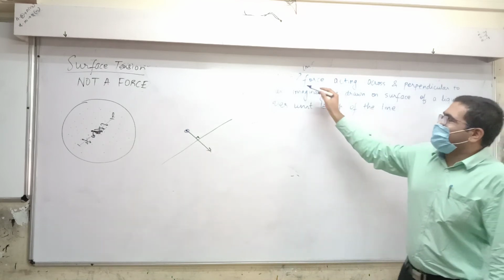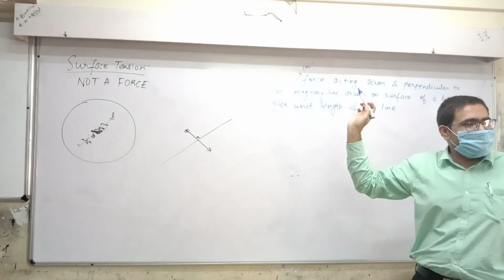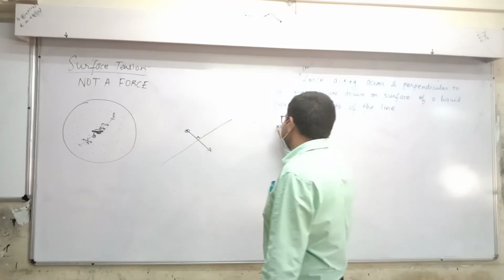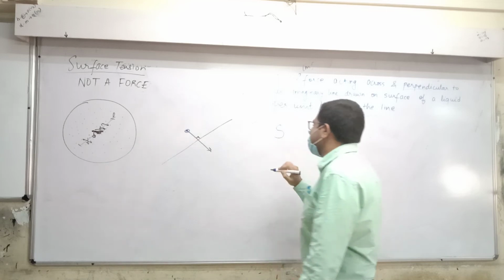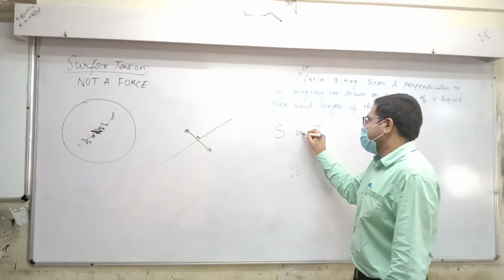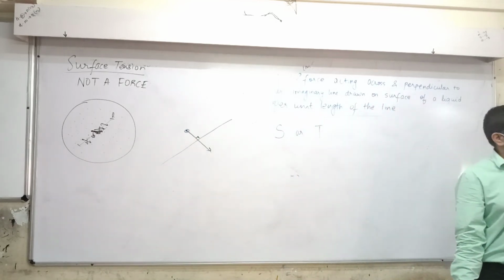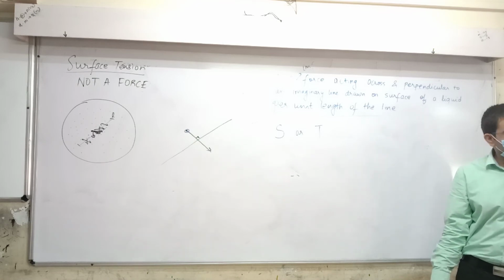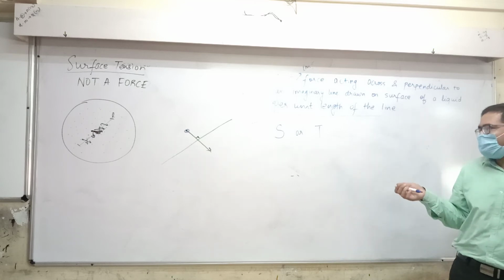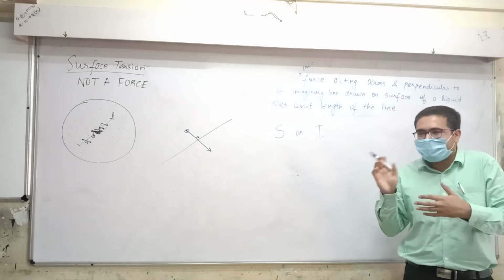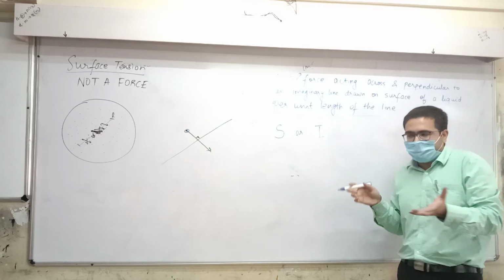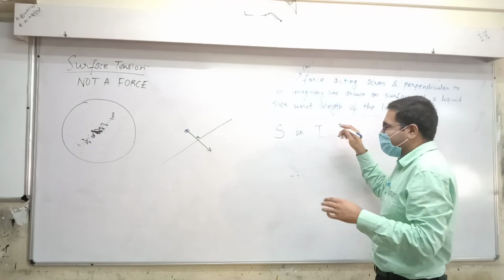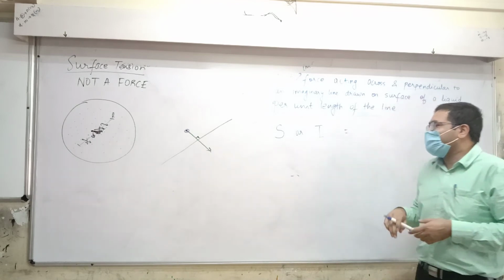So up to here it seemed like this would be a force, but it's not a force. It is force per unit length. Generally the symbol of surface tension is S or T. Clear? You could use either symbol. If you are getting T for tension and getting confused because of that, you can write S. Some will write S, some write T. It's fine.